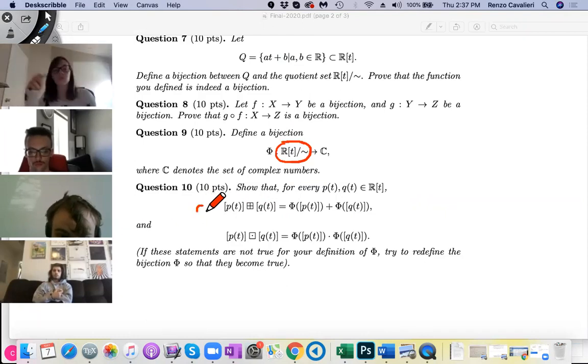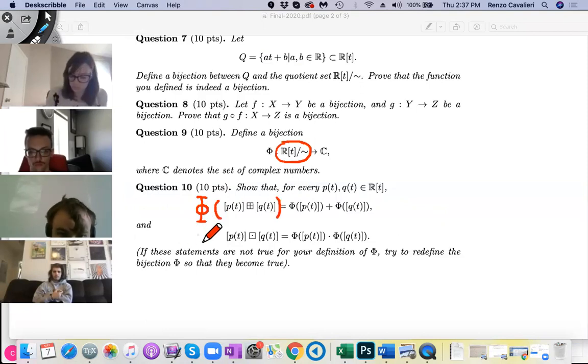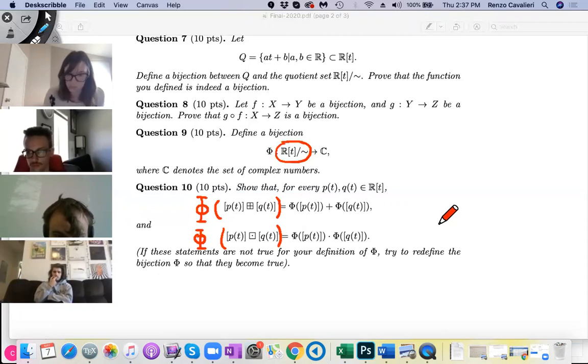To have an equality, I really want an equality of complex numbers. So this is the correct statement,